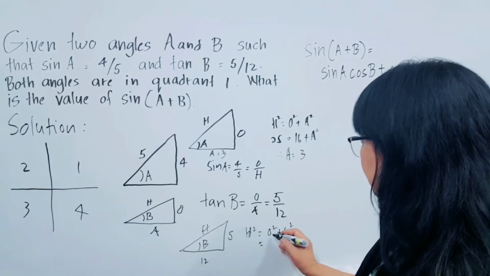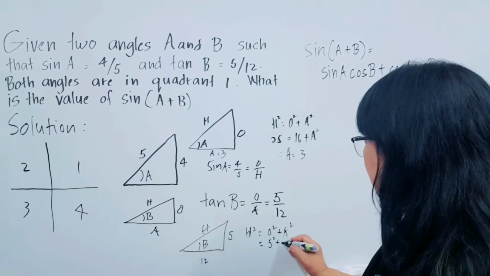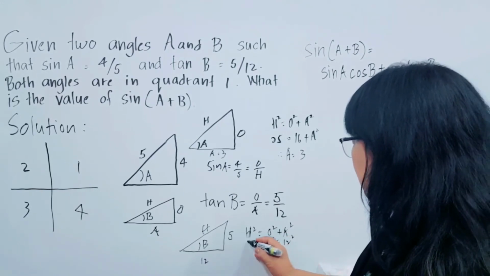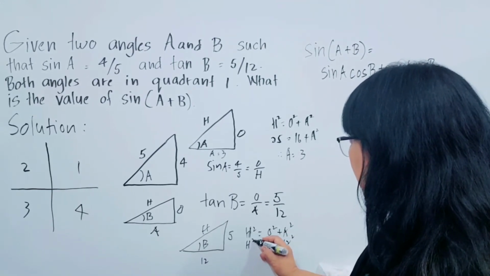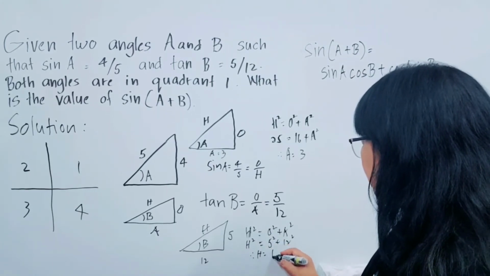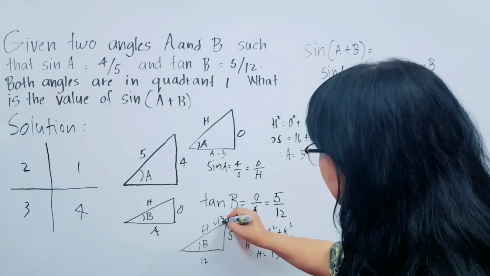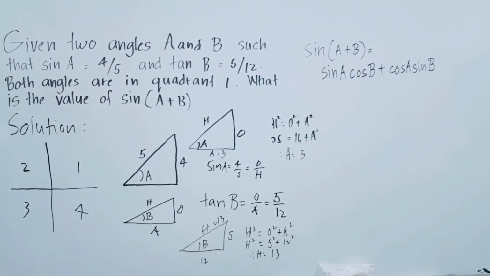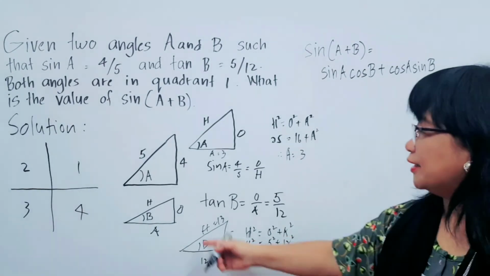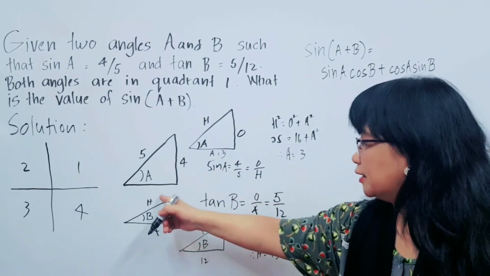Now, 5 squared plus 12 squared, this is the hypotenuse. Therefore, h is equal to 13. So, this is 13. Now, because we already found the side here and the hypotenuse,